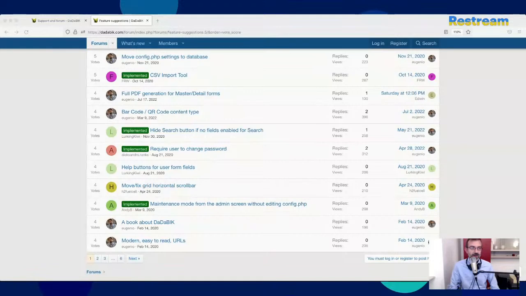You can have some DaDaBIK developers that don't need access to your server, because otherwise, to edit the config custom file, they need access to the server. That's correct.